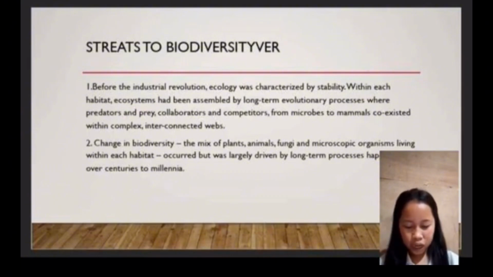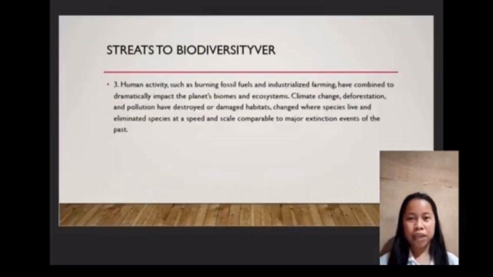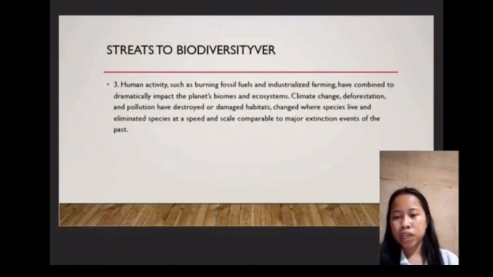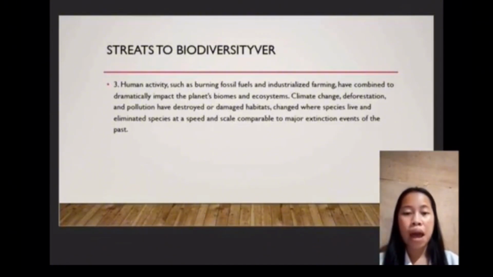Next is human activity, such as burning fossil fuels and industrialized farming, which have combined to dramatically impact the planet's biomes and ecosystems. Climate change, deforestation, and pollution have destroyed or damaged habitats and changed species at a speed and scale comparable to major extinction events of the past. So, for example, sa human